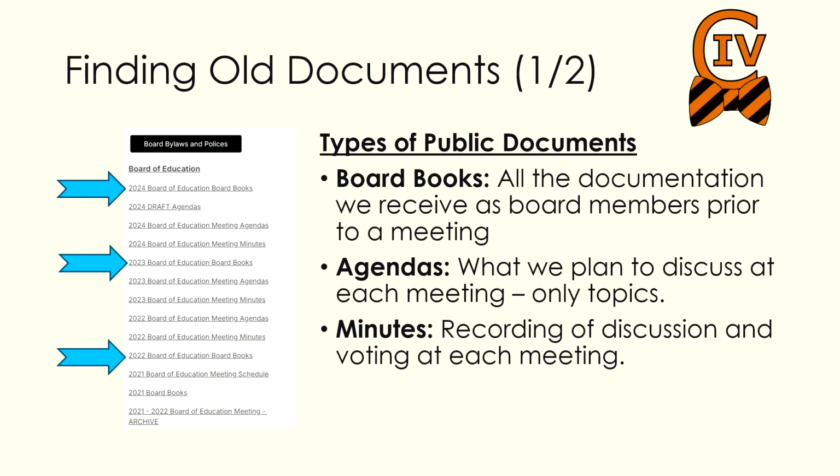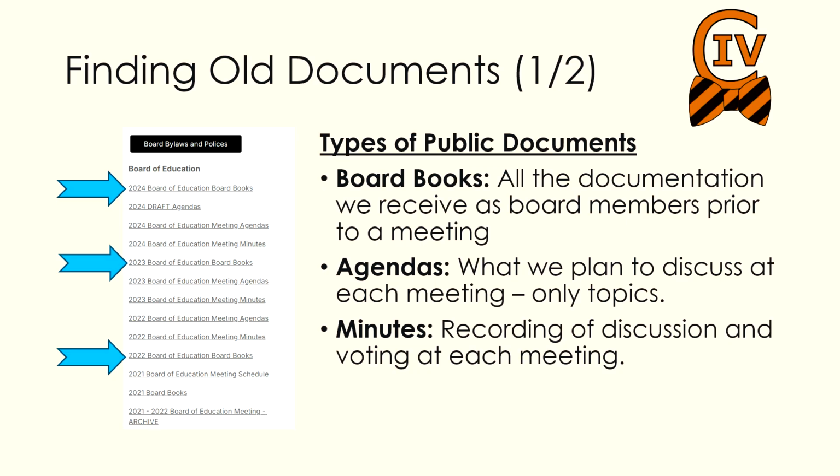about that topic. Agendas are the specific items we plan to discuss at each meeting, but they only include the topics, not the additional information. So that's a quick way to go find information you're looking for and see what was discussed at each meeting. And then finally, minutes are the recording of the discussion and voting that occurred at each meeting around the various topics. So it's possible, it's uncommon, but it's possible that there are changes to the agenda. Those will be reflected in the minutes. And then, of course, any decision or vote that was taken at the meeting will be recorded in the minutes